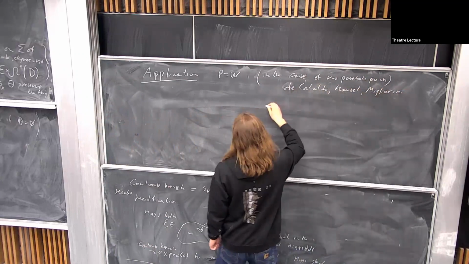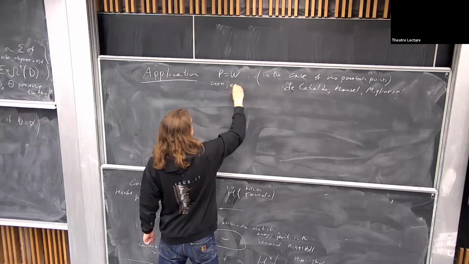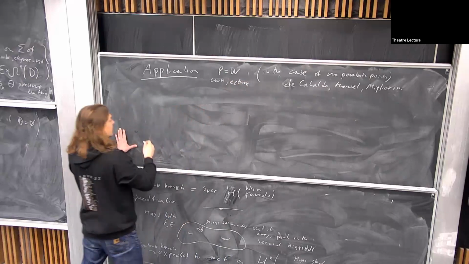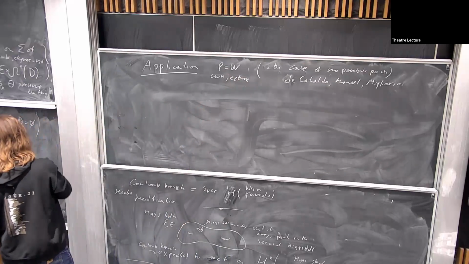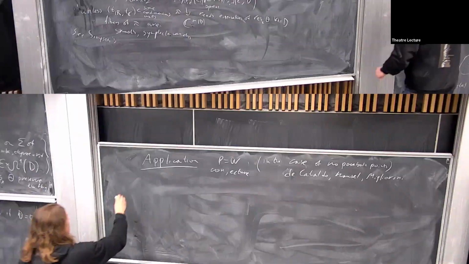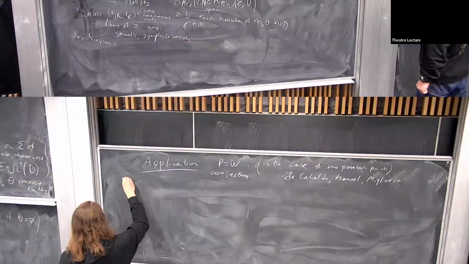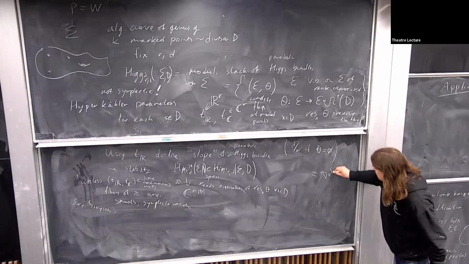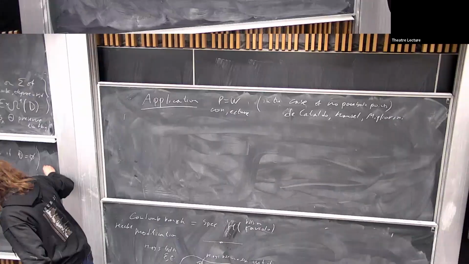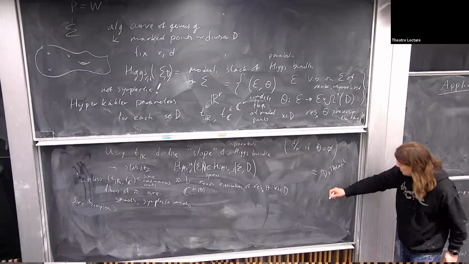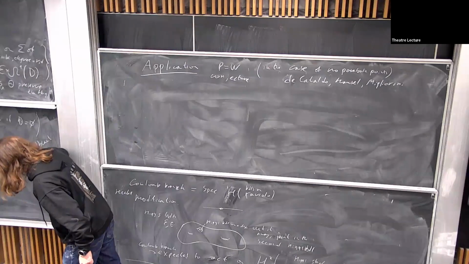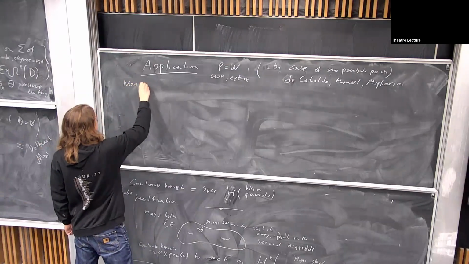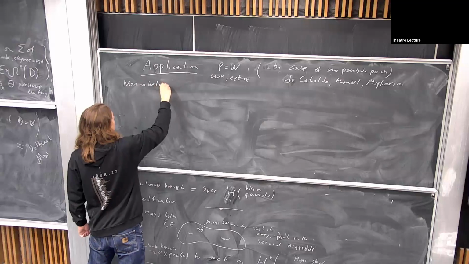This is the P equals W conjecture. So we have this moduli space. This is called the Dolbeault moduli space. On the other hand, there is a non-abelian Hodge correspondence